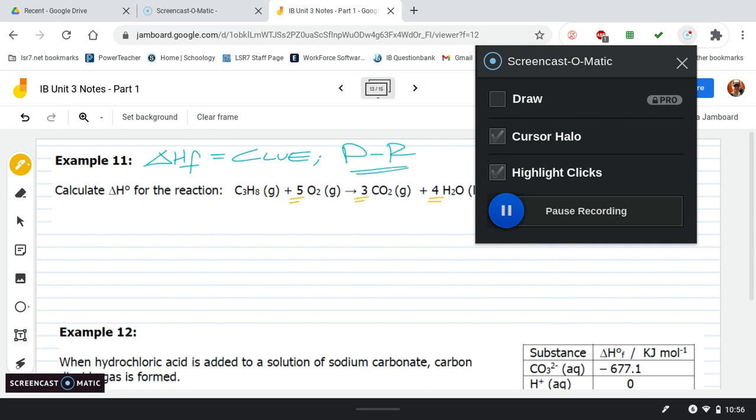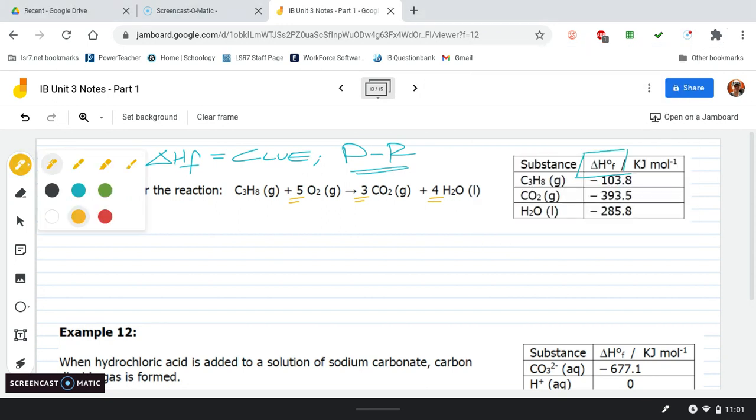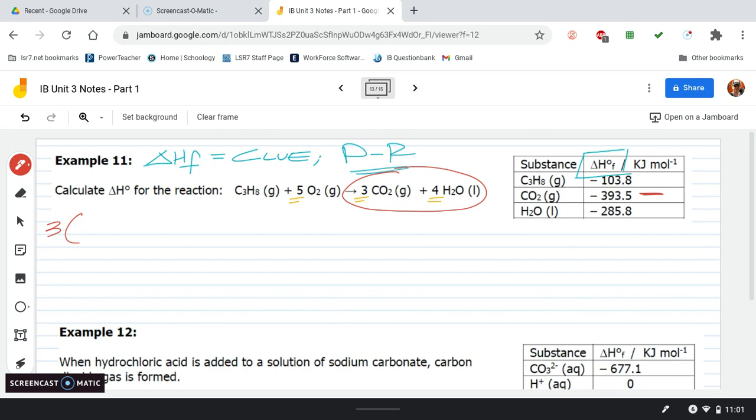Okay, so we've identified what we're doing, and we're going to do our products minus our reactants. So that's something you have to kind of think through because you actually want to put these first. So they're the products, right? They're on the right side. So we're going to go 3 times the value of CO2, which is right here. So 3 times negative 393.5, okay, plus